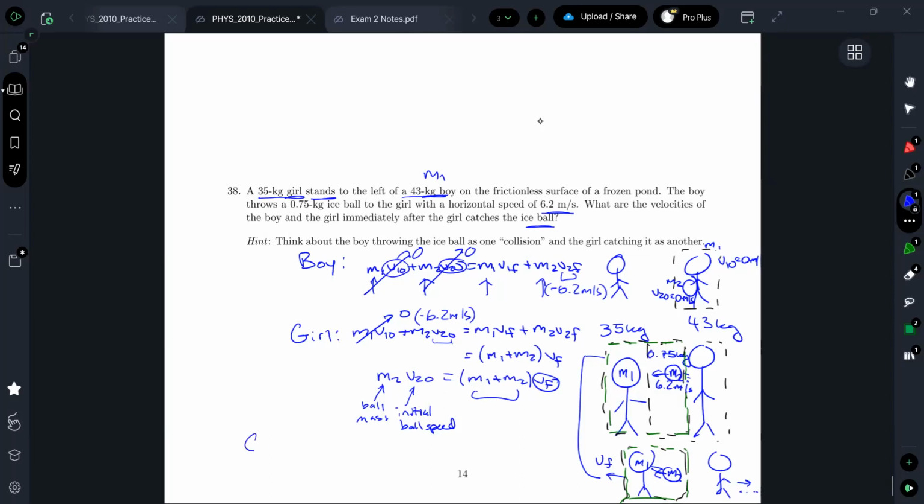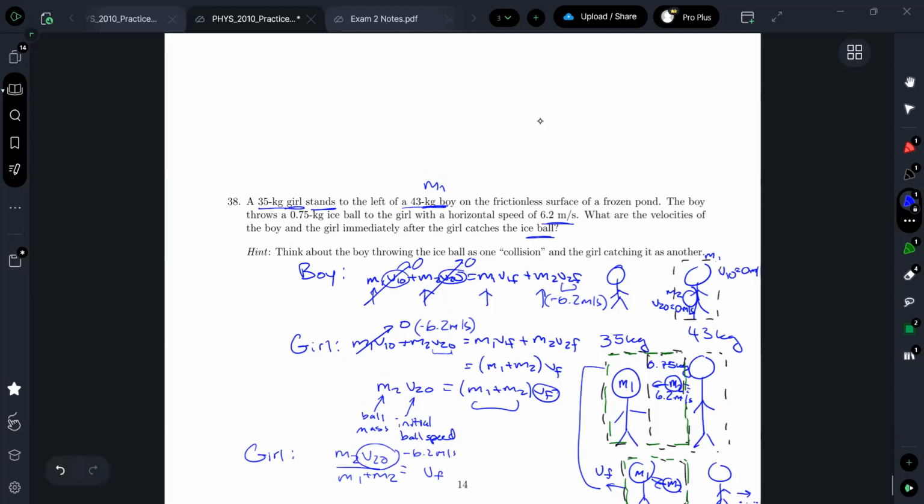So I would get for the girl, M2 V20 over M1 plus M2 is going to give me VF. That's the common speed of the girl and the ball. And for V20, that's what I'm saying. I'm going to make negative 6.2 meters per second and then put all the mass stuff in. For the boy,